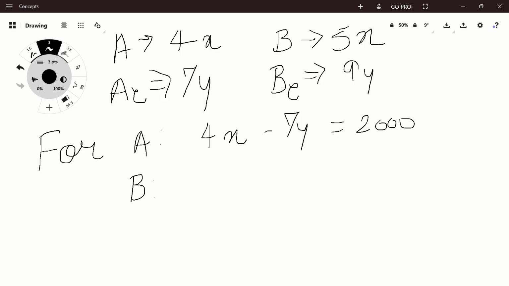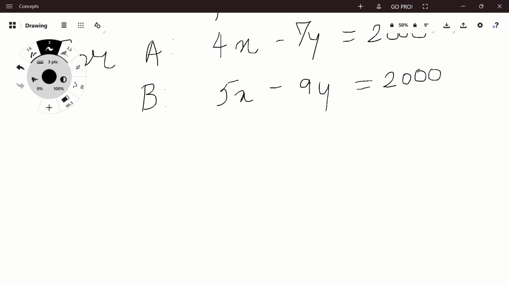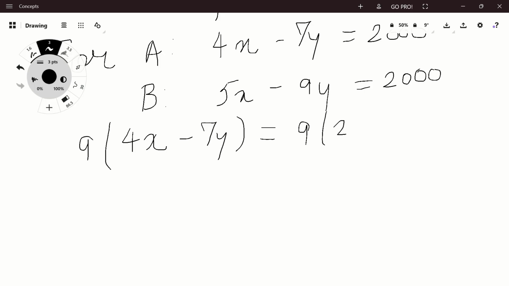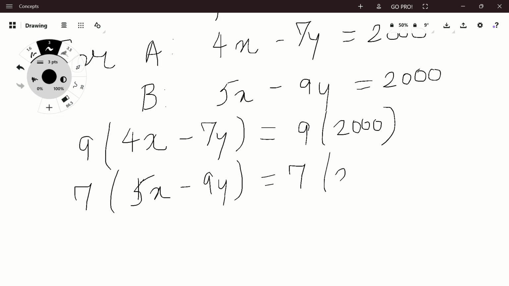And for B, it will be 5x minus 9y, which is also equal to 2000. Now solving the linear equation, multiply the first equation by 9 and the second equation by 7 to eliminate y. So 9 into 4x minus 7y equal to 9 into 2000 and 7 into 5x minus 9y is equal to 7 into 2000,